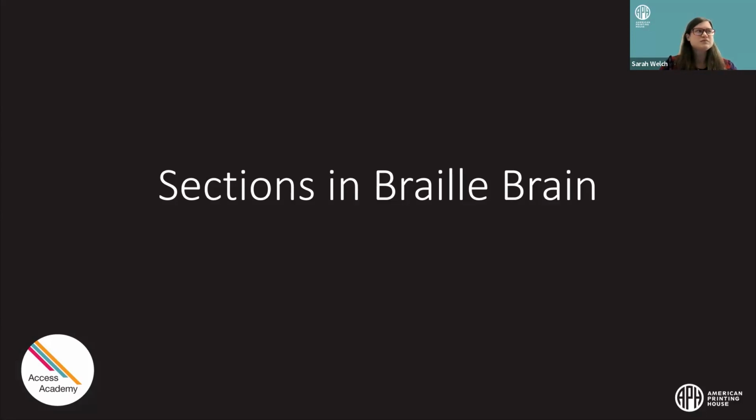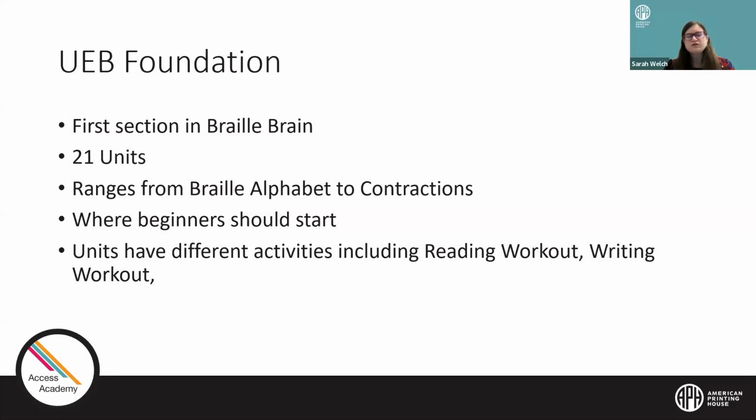So what are some of the sections in Braille Brain? We briefly talked about these earlier when we were talking about the homepage or the header. So if we look first at the UEB Foundation, it's the first section in Braille Brain. And so this is kind of like your introduction to UEB literacy Braille, literary Braille, I should say. So it has 21 units, and it ranges anywhere from just the initial Braille alphabet, so what is A, what is B, all the way up to contractions. If you're not familiar with Braille,